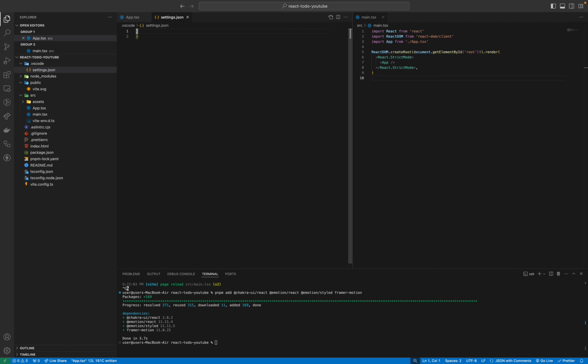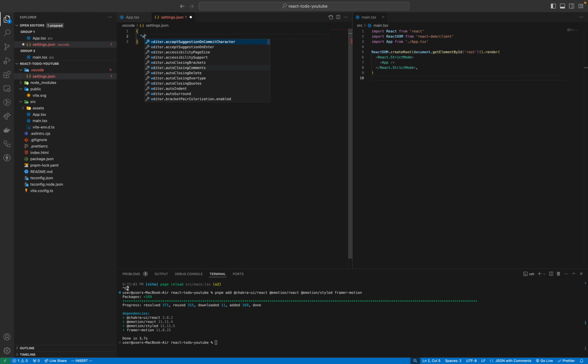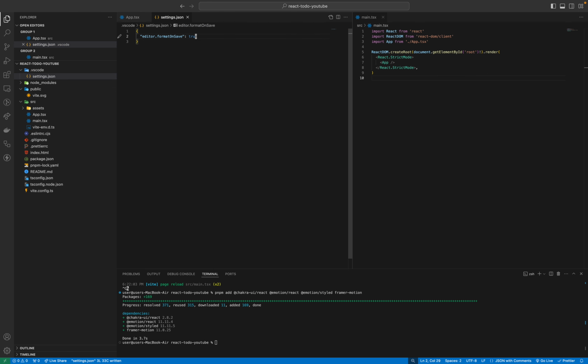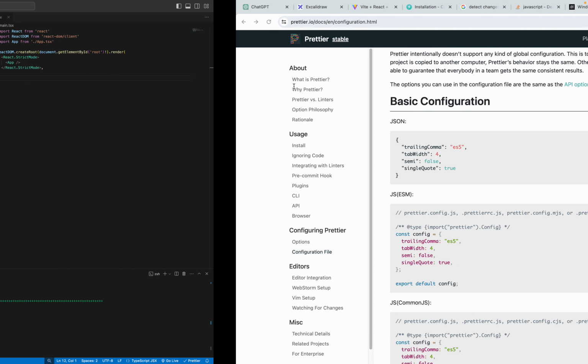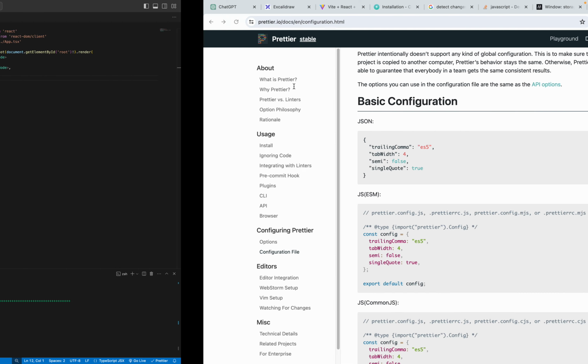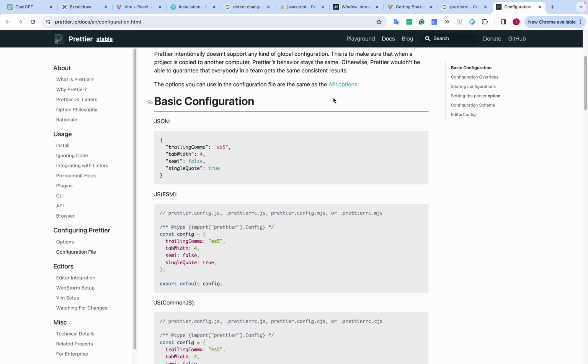Workspace, editor, format on save, true. Okay, works. And then I will